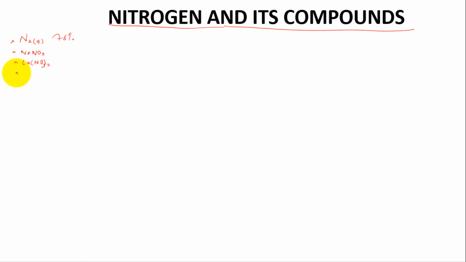And you equally know that nitrogen helps in the atmosphere to reduce the amount of oxygen that will have gotten to us, therefore making it reasonably enough for us to have the oxygen that we need in the atmosphere. If nitrogen is not there, a lot of oxygen will have gotten to us and affects what we do around us. But with the presence of nitrogen in the atmosphere, that helps reduce the amount of oxygen that gets to us.